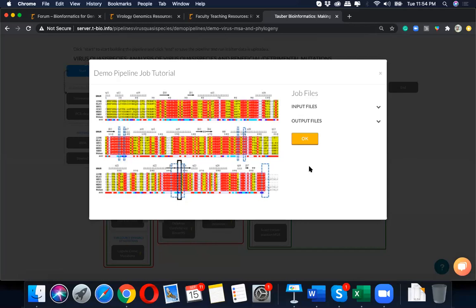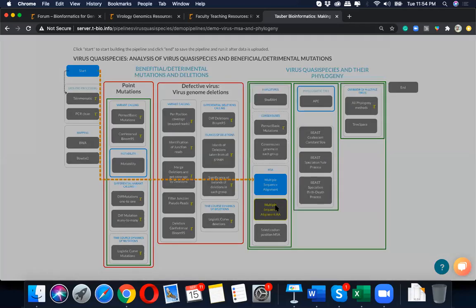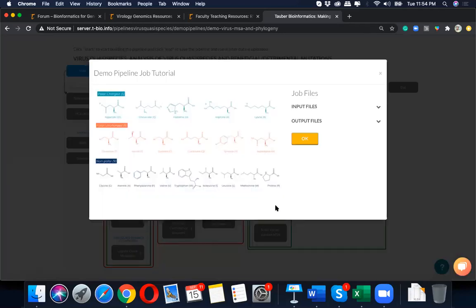And then we have to convert the multiple sequence alignment from the nucleotide level to the amino acid level, right? So we will do that in the next step. So I will click in the next box. We know there are 20 amino acids having different properties, and changes from one property to another have greater significance than changes within the same chemical group. So there are groups. Polar uncharged and non-polar are some of the examples that you can see, but you can classify amino acids into several categories.